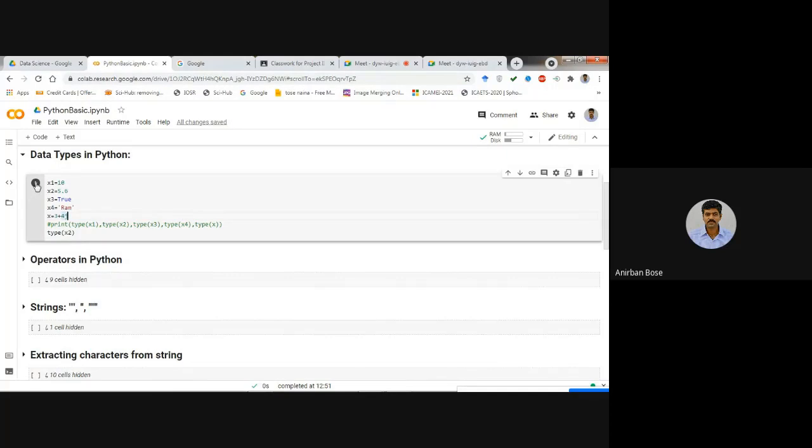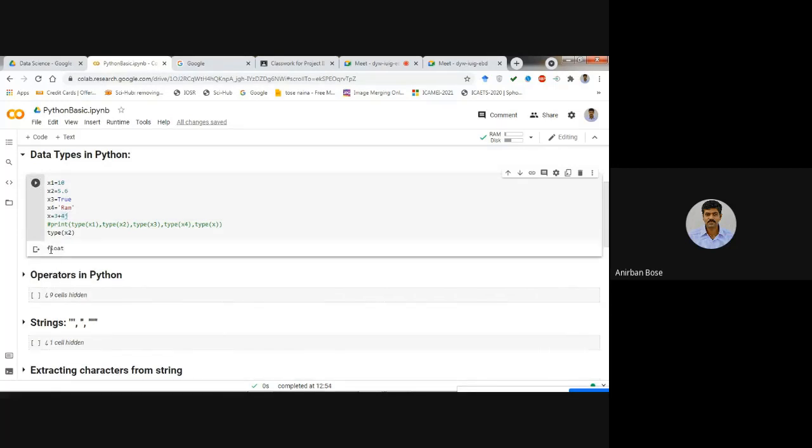And if you execute this, you will find that x2 is a float. So here you can see it is giving you that it is a float. Clear? So to know what is the data type of a particular variable, the command is type and within brackets you write the variable. Okay.